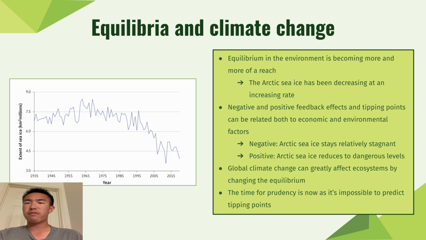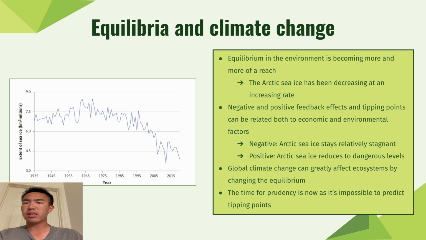In this example, a negative feedback effect would occur if there was enough sea ice so that variations in temperature and the reduction of ice wouldn't affect the sea ice enough. As such, the system would maintain equilibrium by always going back to a certain level. On the other hand, a tipping point could arise if several hot years greatly affected the system and reduced the ice to a significant extent. This in turn would lessen the ice in subsequent years and lead to a positive feedback effect to bring the system's ability to recover ice to its breaking point.